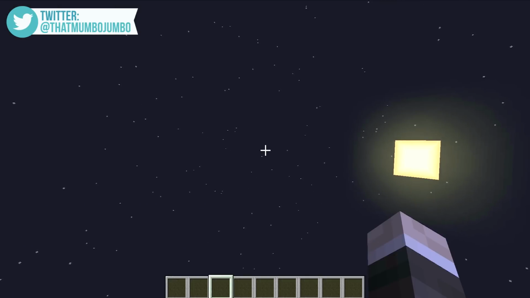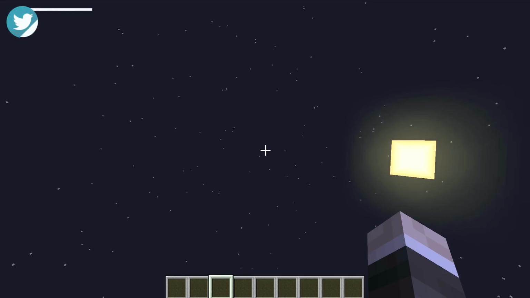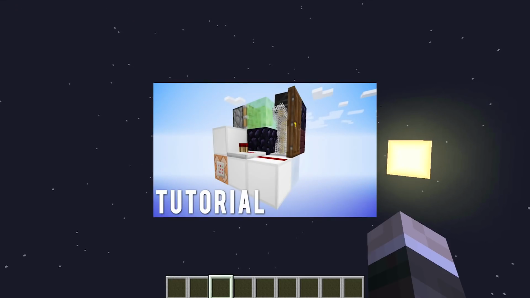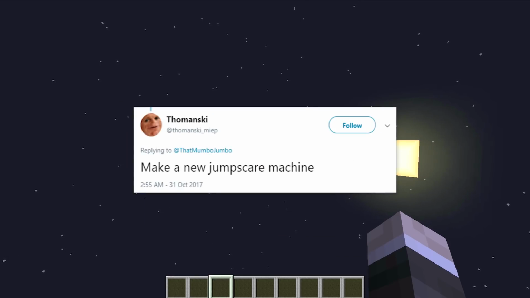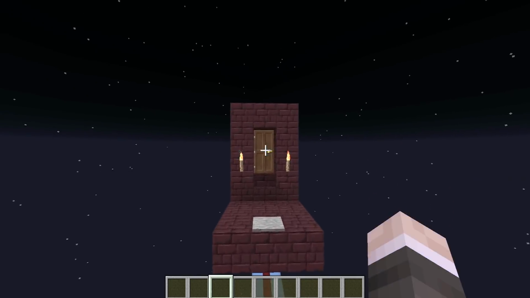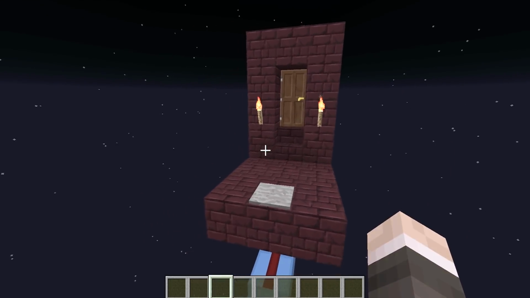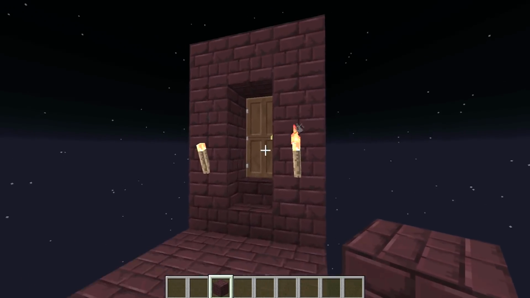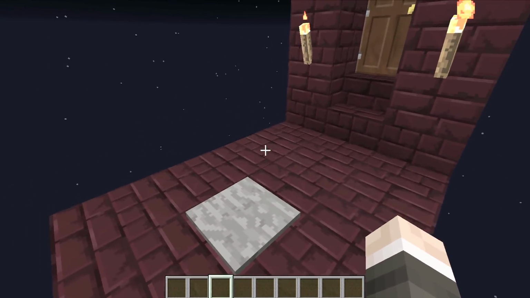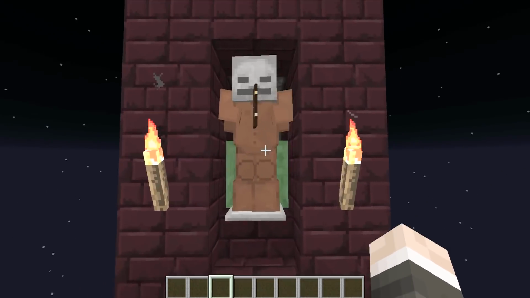Arguably one of the most popular redstone videos on my YouTube channel is my armor stand jump scare machine. I made it a good few years ago now, but still people use them to scare the pants off of all their friends, and Tomansky has asked me to make a new version of it. Now, I did try my best. It is quite difficult to improve upon that sort of thing, but I would say I've done a fairly good job. So here is the door that we all recognize, and when we stand on top of this thing,